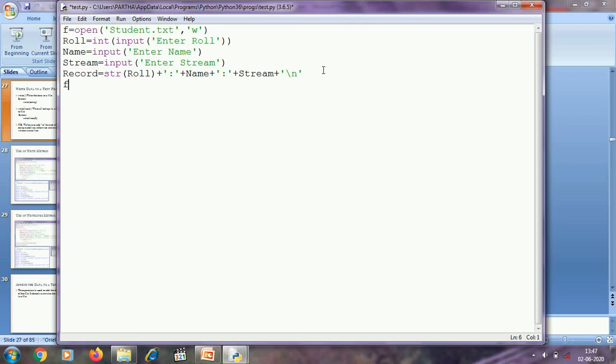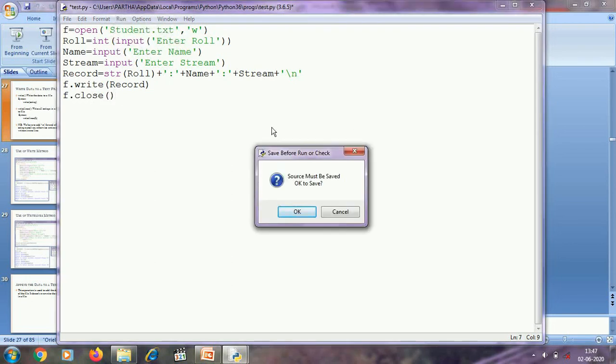here I am going to write this record to the student.txt file, and after completion of the writing operation I am going to close the file. Let's check.